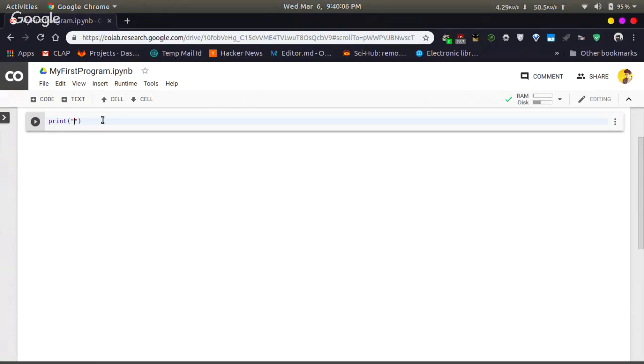A string is just a sequential collection of alphabets or characters. When characters like A, B, C are joined together, they form a data type called a string. So in order to write a string, you either have to enclose that string inside double quotes or single quotes.